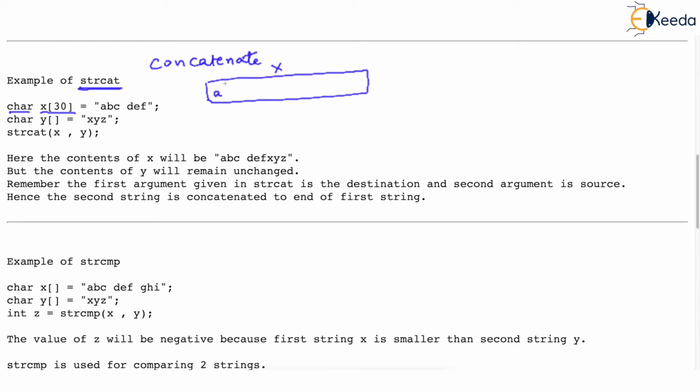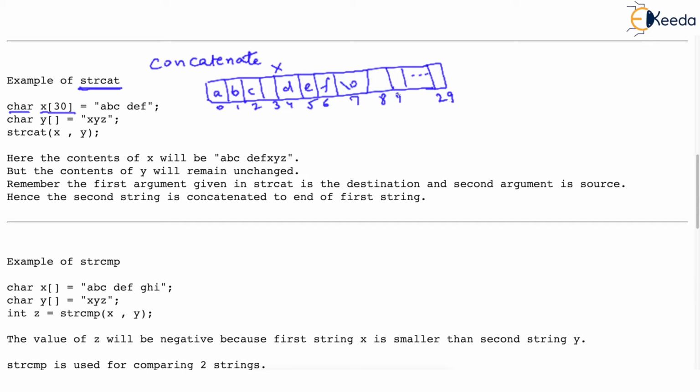But in those 30 locations, we have simply stored ABC space DEF and then \0. The rest of the locations in this array are unused. So locations 0 to 7 are used, and the rest up to the 29th location, because it is a 30